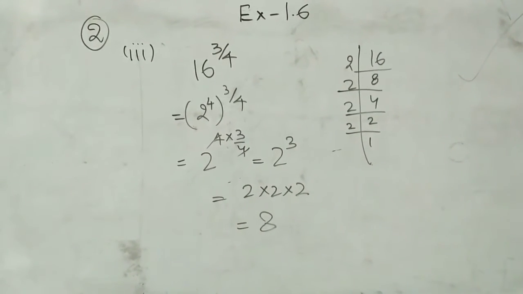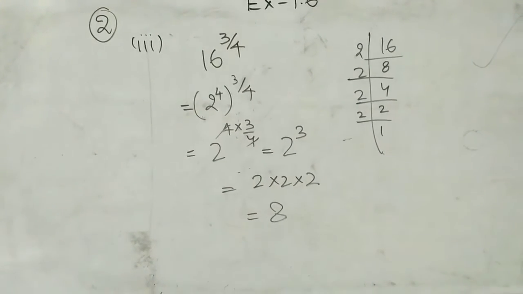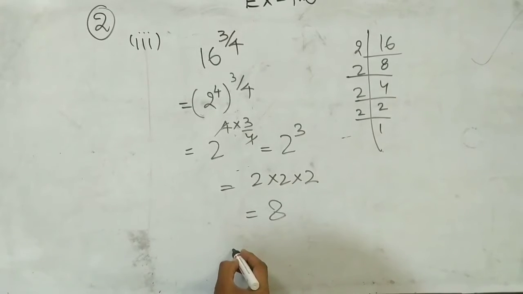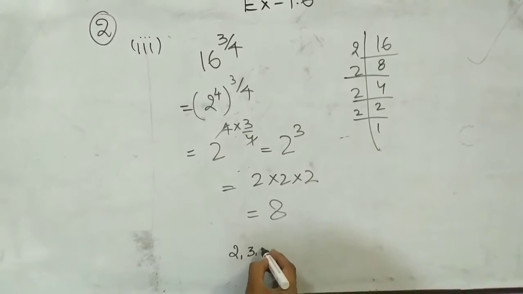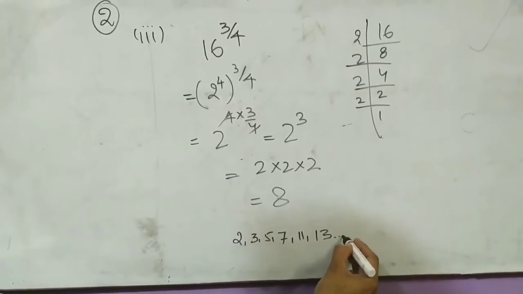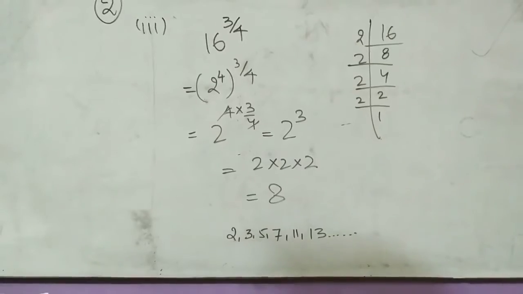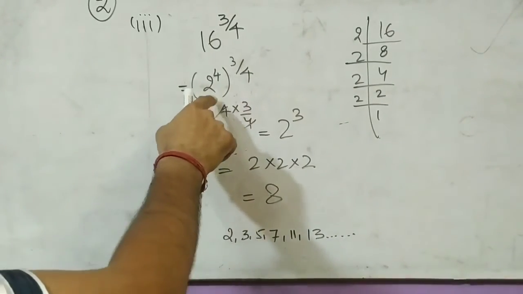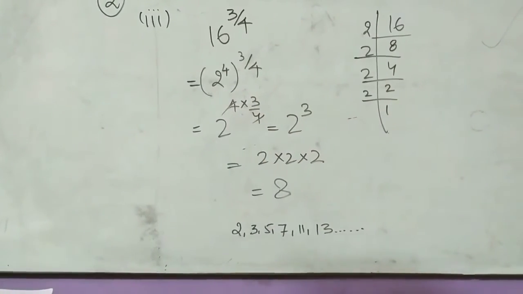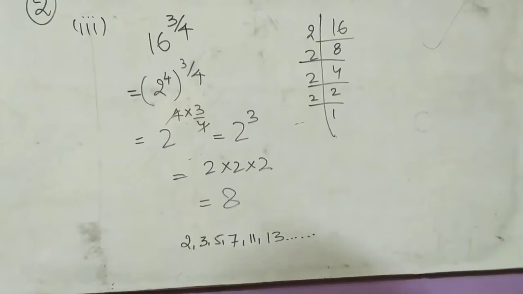Have you got it? So this is the way how you can solve this question. First you find the factors. Prime factors means you use prime numbers from 2, 3, 5, 7, 11, 13. These all are prime numbers which you have to use to find the factors of any number. Then you can put this value over here. Try to make this power equal to this so that they can cancel out each other, and you can do any type of question. Now we will do fourth part.